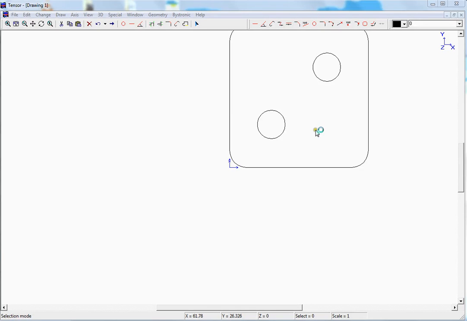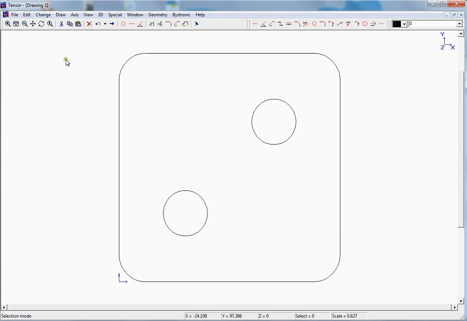In this video we will show you how you can easily generate an NC program for the Bystronic flame cut machine with Tensor. Take a look at this part. This part has two holes. Now to convert this into an NC program we have to take a few things into account, like for example